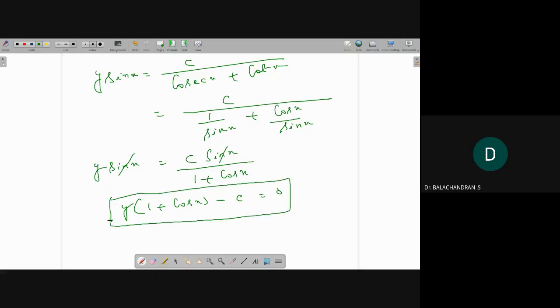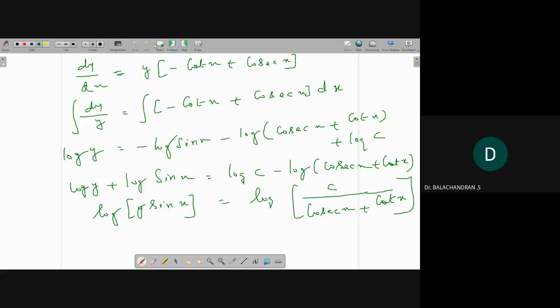I got this answer. You may get a different answer, because I can't expect you to follow the same type of simplifications. You may simplify in a slightly different manner; the combination may be different. The only thing is that the steps should be logically correct. Okay, next one is